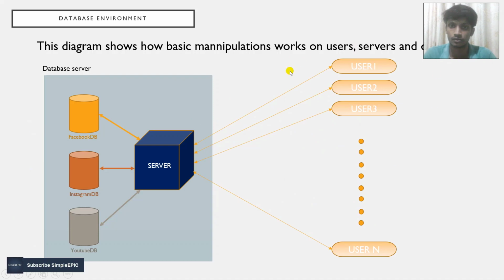On the right hand side there is a sequence of users. The users start from 1 and advance up to user n. So this user n is a finite set,